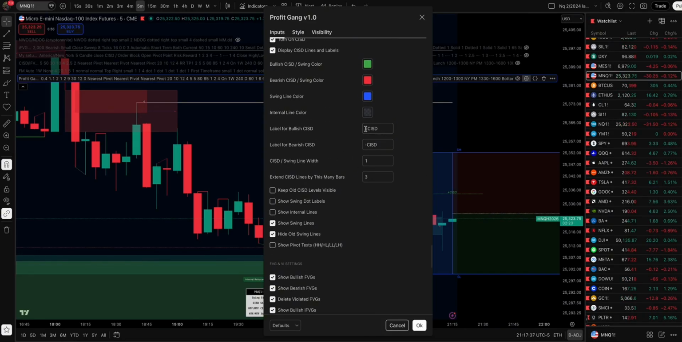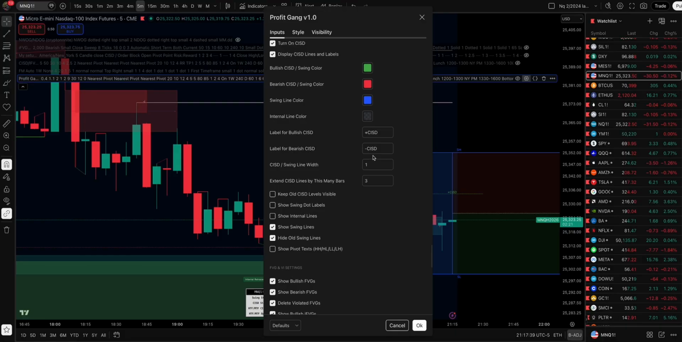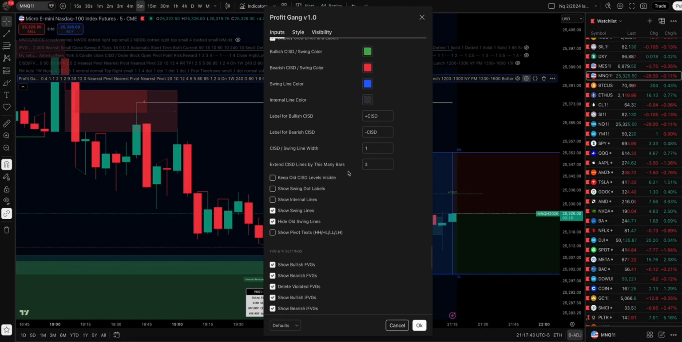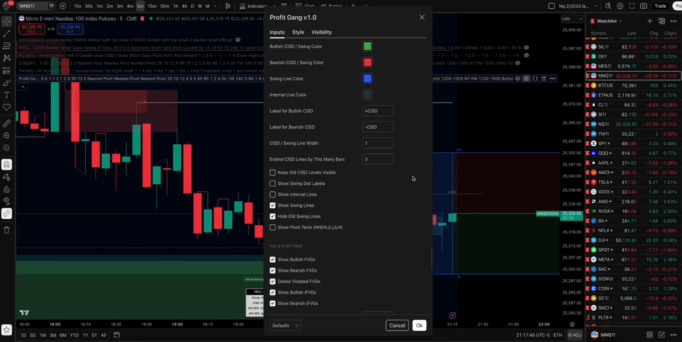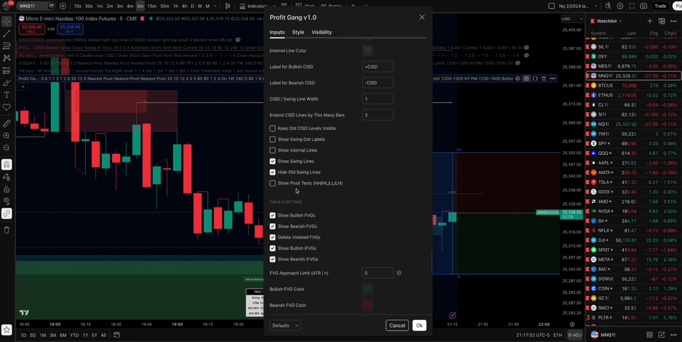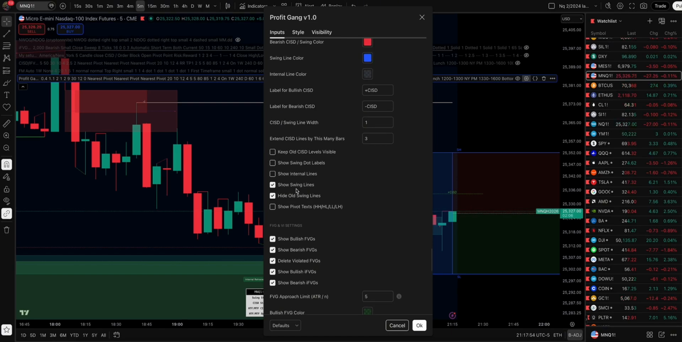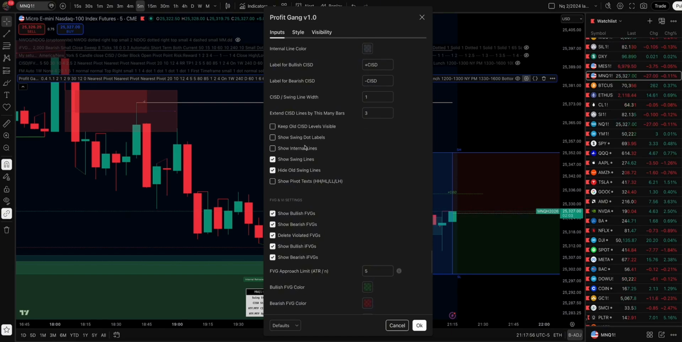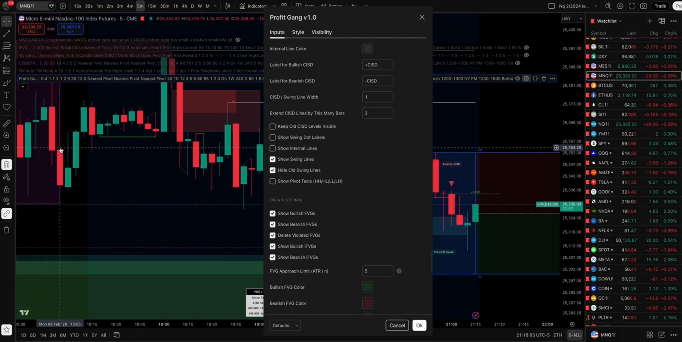You can change the labels, whatever you want for the CISDs. You can make the lines a little bit thicker so you can see it cleaner on the chart. And you can extend the lines by a few candles or whatever you want, 10 candles, 3 candles. I like to have my chart as clean as possible so I don't extend things too far if I don't have to. And if you keep old CISD levels, you can see where old CISDs happened on the chart,